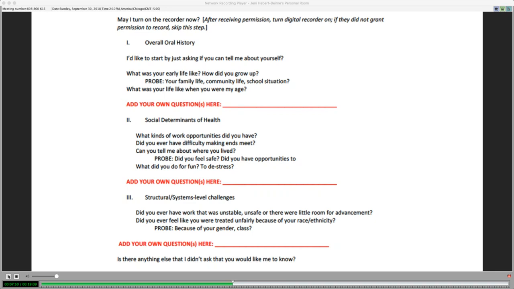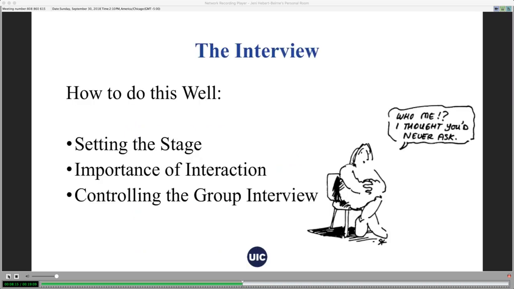And then our interview tends to end with the hardest questions, maybe those that are most sensitive, because during the interview you're trying to build up enough trust and rapport with the interviewee that he or she is willing to share more and more throughout the interview. And the interview tends to end with, is there anything else that I didn't ask that you'd like me to know? And this is deliberately in response to the fact that qualitative research tries not to come in with rigid, preconceived notions, but tries to really open a space where the interviewee can share anything that's relevant to the overall research